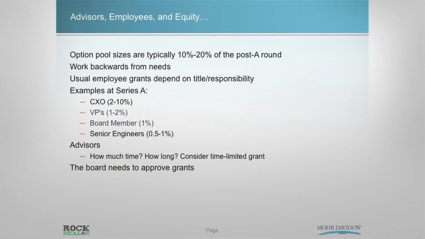Okay, so the next question is about option pools. How much do you give to advisors? How much do you give to employees? There's a spectrum. First of all, we talked about option pools varying between 10 and 20%. This is at the Series A stage. We talked about looking at what your needs are. If you've got a hiring plan between your current position and your next raise, think about who are the different individuals that you're going to need to get from point A to point B. There are pretty standard tables out there about what percentage of options is standard for somebody with that title. And so you can start to figure out what option pool you're going to need.